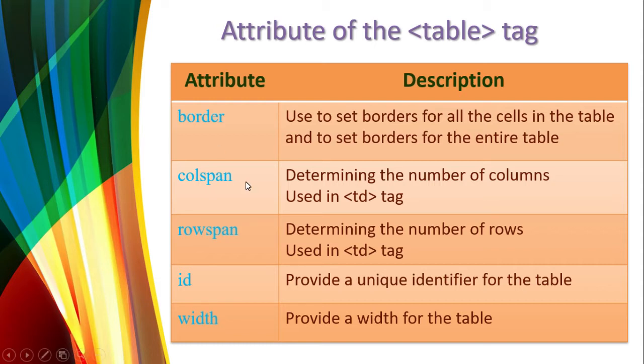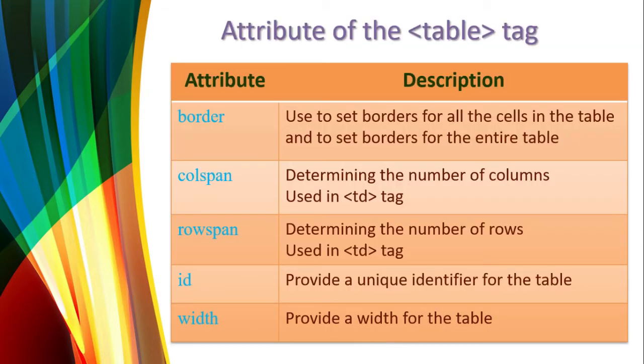This is used to determine the number of columns used for one data. Rowspan. Rowspan is used to determine the number of rows used for one data or td tag. ID. The ID attribute helps to identify the table uniquely, and also we can give a width for the table using the width